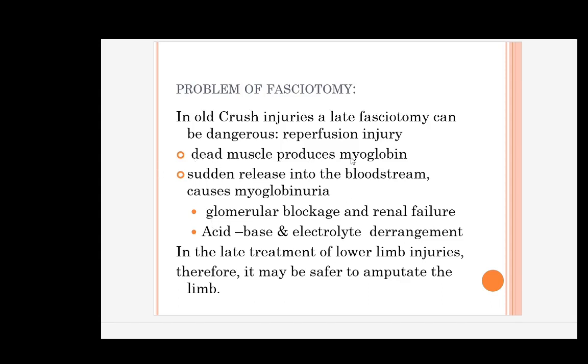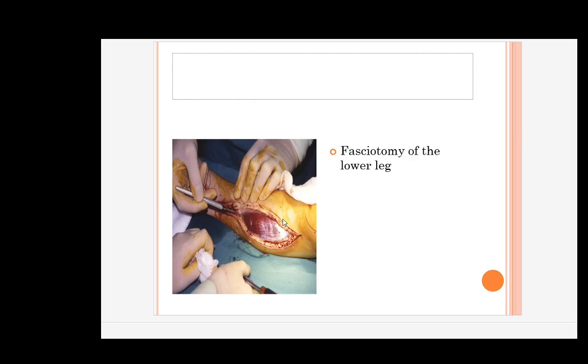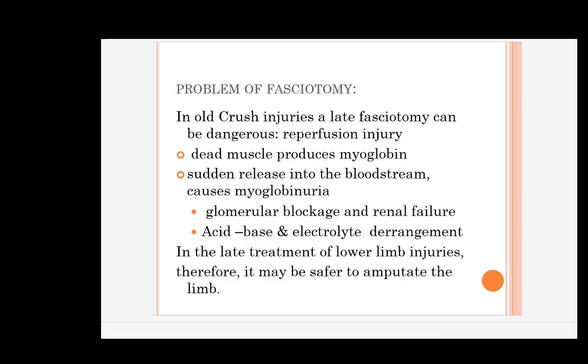Then from the dead muscles there's also a lot of myoglobin that is released. So the moment you make this fasciotomy cut, the pressure gets relieved, and the blood circulation to this area, and more importantly back from that area, restarts. When that starts, a lot of myoglobin, lactic acid and potassium, etc., come back into the systemic circulation, and this can lead to acid-base derangement. Also there can be electrolyte derangement in terms of hyperkalemia, and this myoglobin itself gets deposited in the